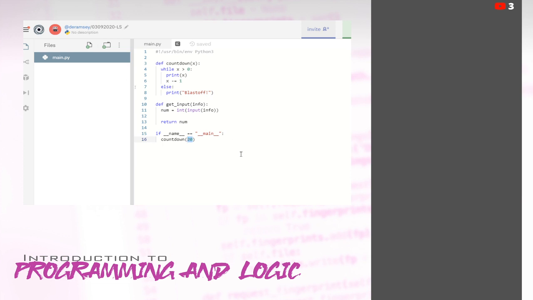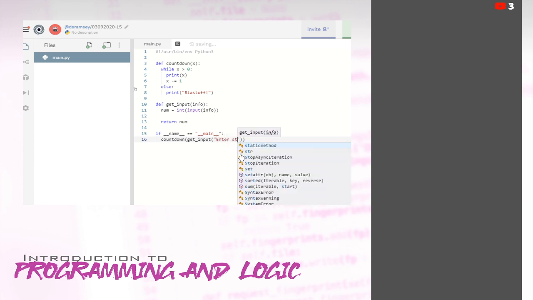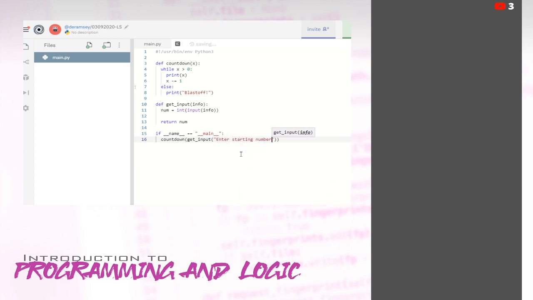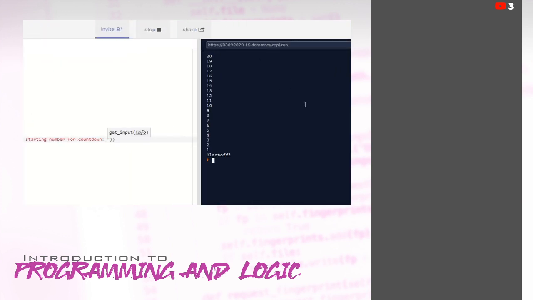Right, so now we can just enter that into our countdown area here. So we can get_input and add our prompt as our argument: "Enter starting number for countdown." Run that.